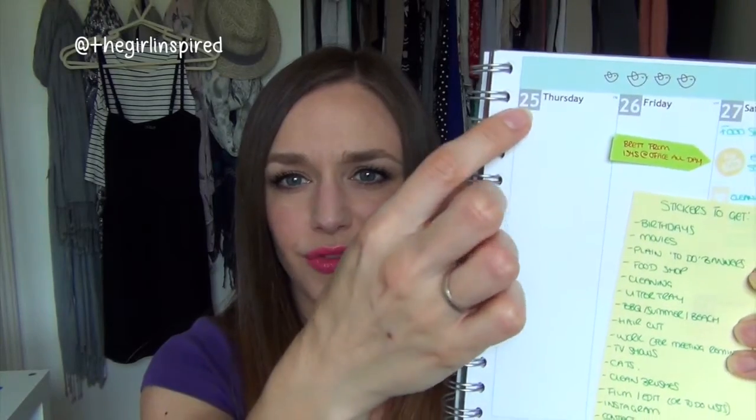I think the Erin Condren is split down. Actually, no, I don't think it is anymore. I think the new version they came out, they got rid of that, but the older version used to be split down by morning, day and night, whereas this one doesn't have anything at all. If I move this out of the way, you can see there's no separation on the day. It's just a blank section for each day,